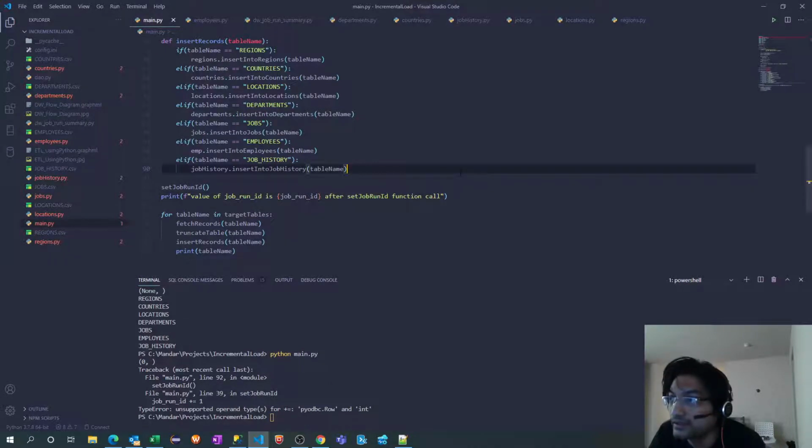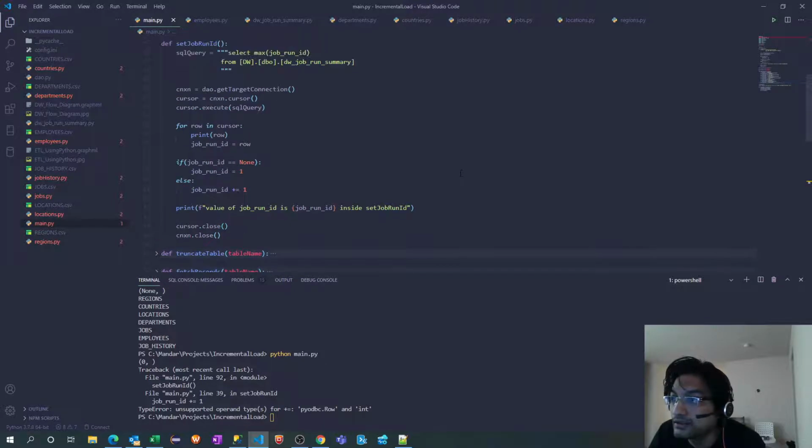Unsupported operand. What's happening here is that at line 39, it failed. It's saying that if it is None, it's not going inside this particular block. Unsupported operand types for plus equal to: row and int.